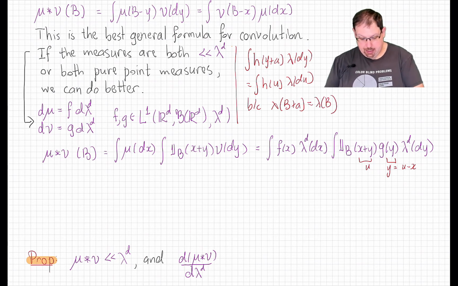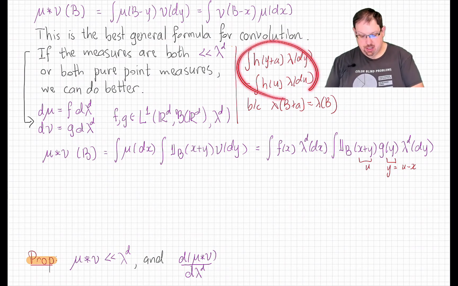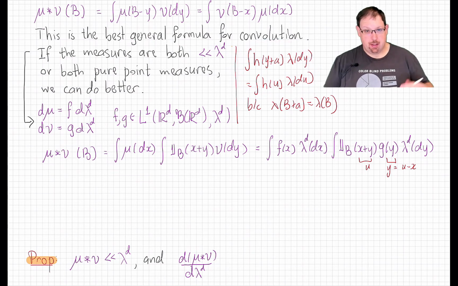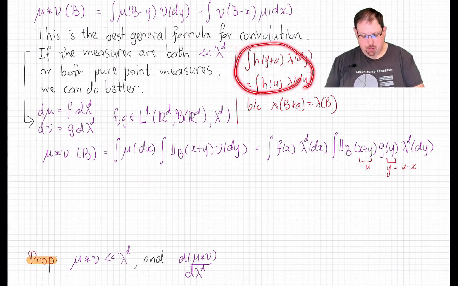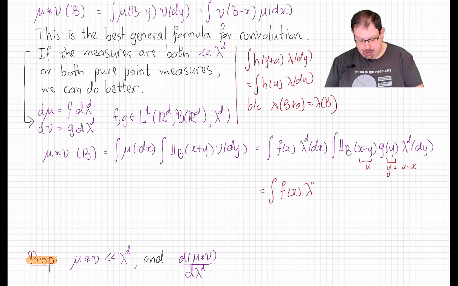One can take this and see immediately that this holds true for indicator functions, and then by linearity for simple functions, and then by the usual jazz for all measurable positive functions, and then for all L1 functions. So we will do our standard change of variables here, meaning that we can rewrite that inside integral as the indicator of b evaluated at u times g of u minus x